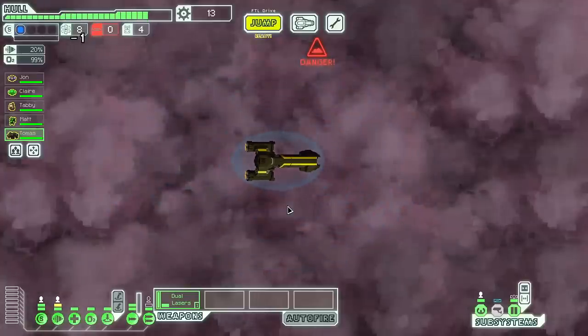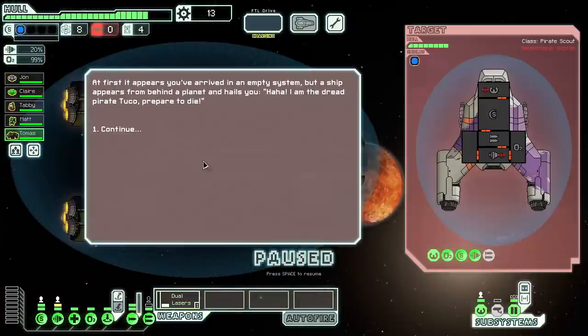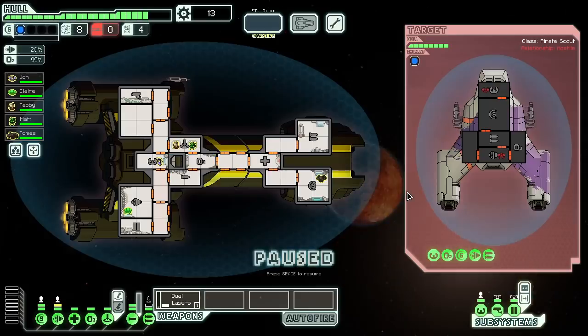Right, now we're going to nip down south and handle a bit of stuff down over here. Find someone to teleport over to. Yes, this will do. And this is, ooh, the Dread Pirate Tuco. Try not to be warped away from, by the way, because I'm pretty sure if the enemy jumps out while your guys are on board...